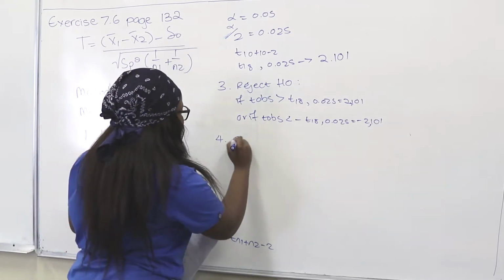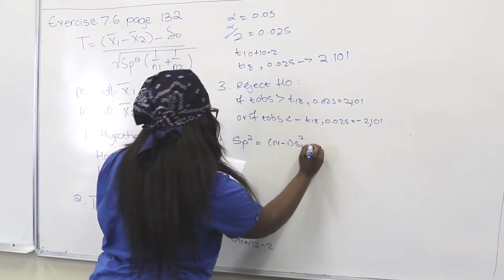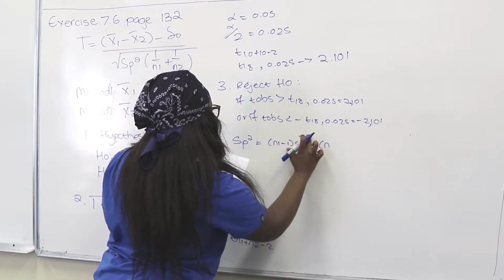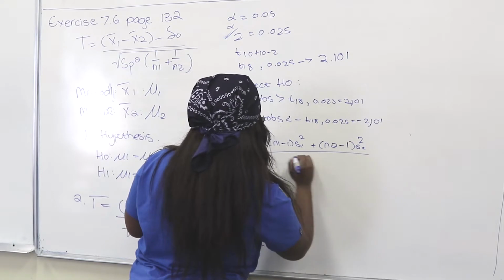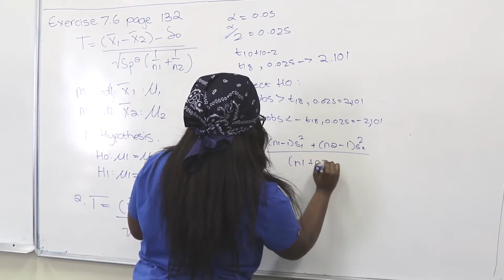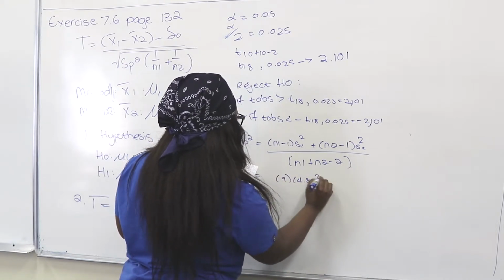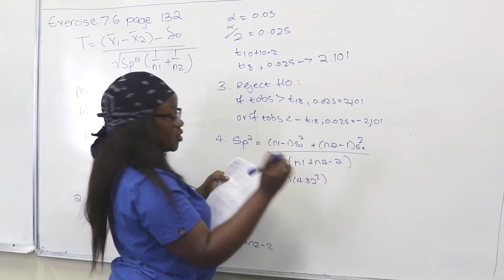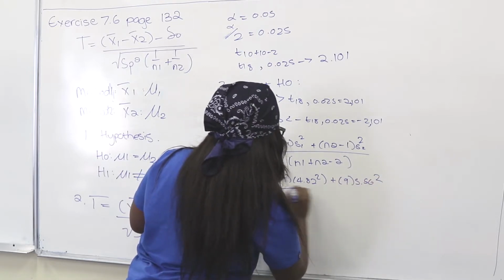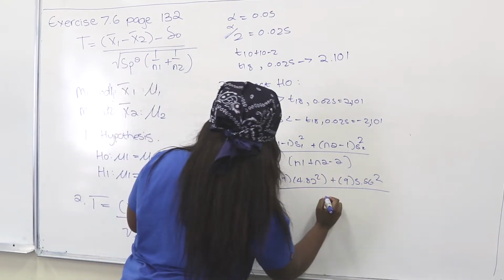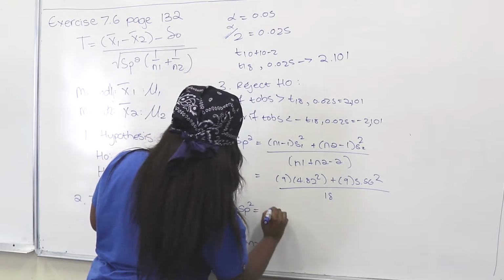SP squared, they give you SP squared in your formula sheet, is equal to N1 minus 1 multiplied by the variance of the sample, plus N2 minus 1 multiplied by S2 squared, over N1 plus N2 minus 2. And so there, we're going to say 9 multiplied by 4.82. Remember, they gave you these values in the question. So you put them in as follows: squared, and then 10 plus 10 minus 2 is 18. And then SP squared is going to equal to